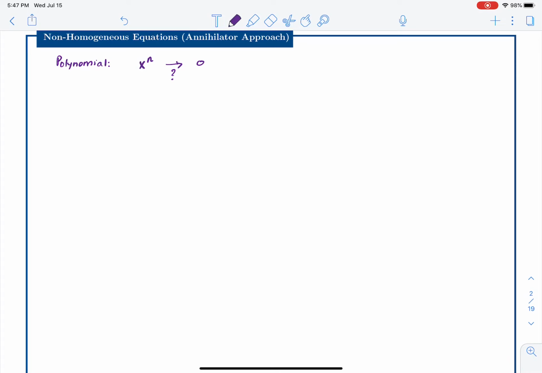So we need to find what that operator is. If I start with x, the first time I apply the differential operator, I get 1. The second time I apply the differential operator, I get 0. So the differential operator gets applied twice, D followed by D, so the annihilator for x is